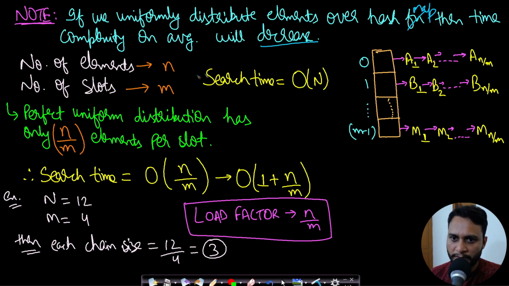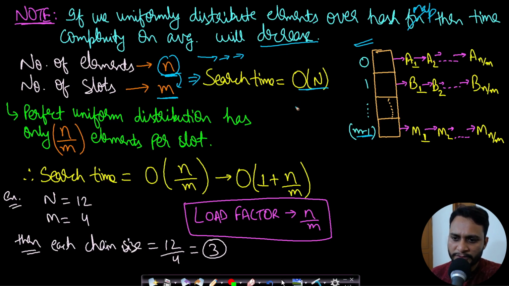Now how is it working? Let's assume that we have n number of elements and our hash map has m number of slots. So here I have shown an example where you have m slots from 0 to m minus 1 and the total number of elements is n. So what will be the searching time in this case? As I have already shown, each of these elements can go to just a single slot, and so it will form a single linked list, and therefore the search time will be order of n. So how can we improve the search time? Is there any way? Now it is all about what type of hash function we are really using.